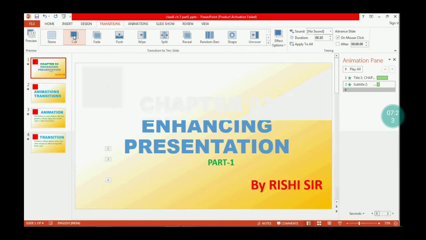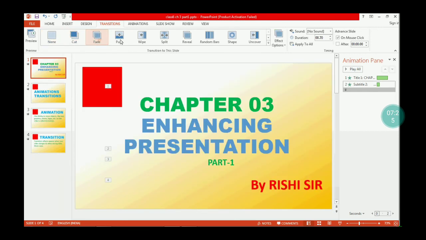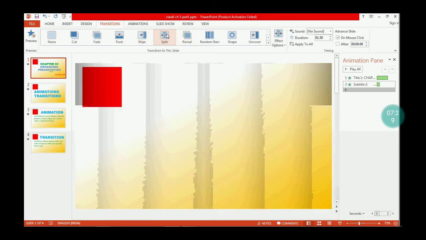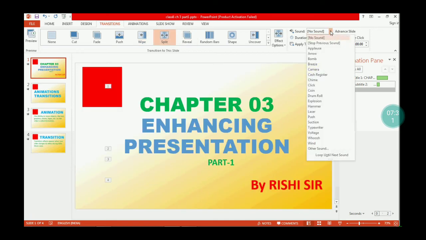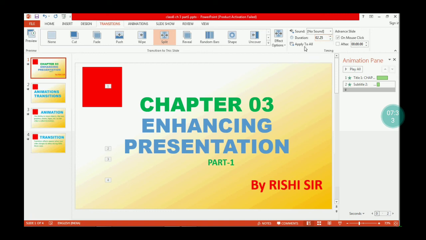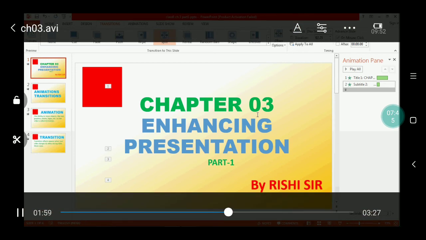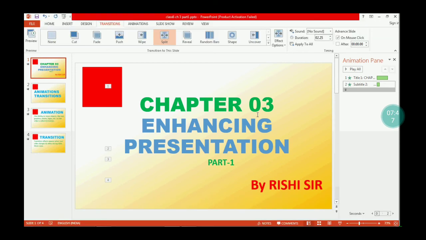Now we discuss transition. Click on the transition tab. Now different kinds of transitions are available. You can see these transitions appear on the slide. You can apply to all, or on a single slide or different slides. Different kinds of transition effects are available.